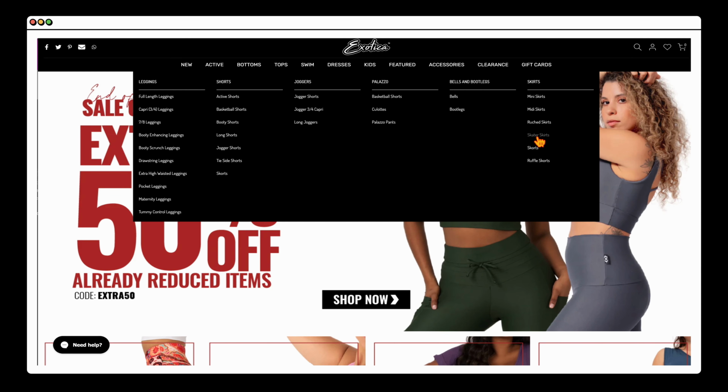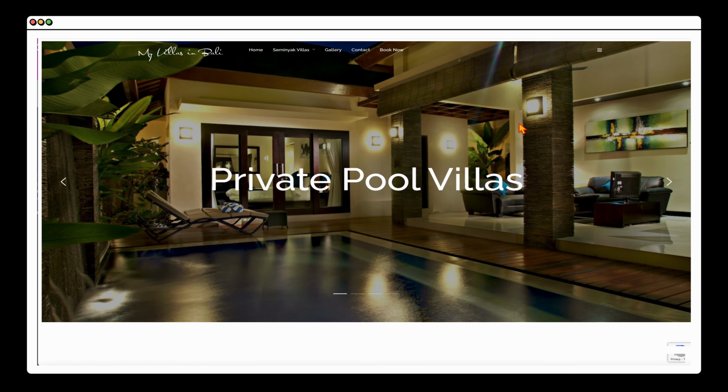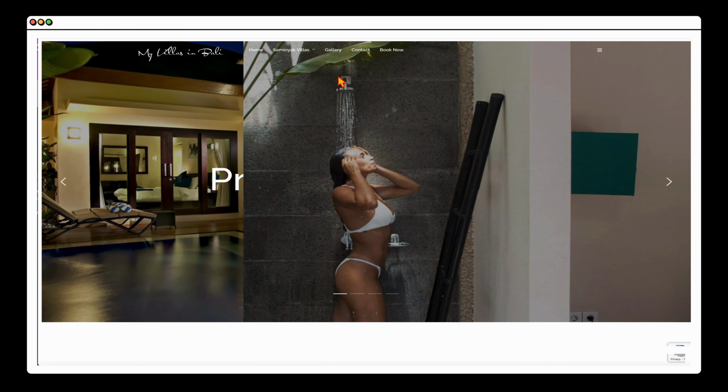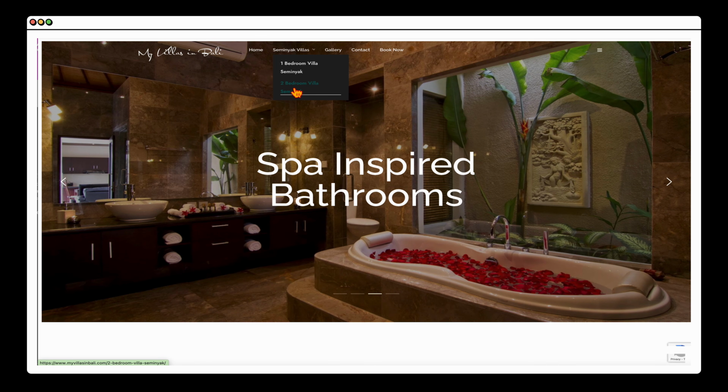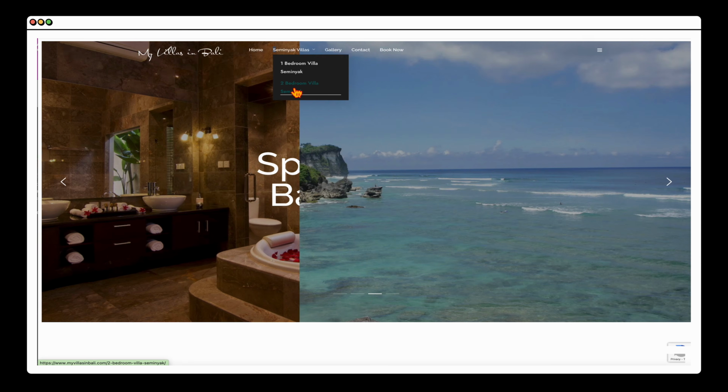these other subcategories. And now let me give you an example for a non-e-commerce website. And what we've done with this one is that we've got two Performance Max campaigns, one for our 1-bedroom villas and the second one for the 2-bedroom villas. And the reason why it was done that way is because they're two very clear keyword focuses that we're looking at targeting, and they're also targeting different groups. One is for family groups and one is for more couples. So remember, when you're structuring your Performance Max campaigns, to have your campaigns and your asset groups set around the